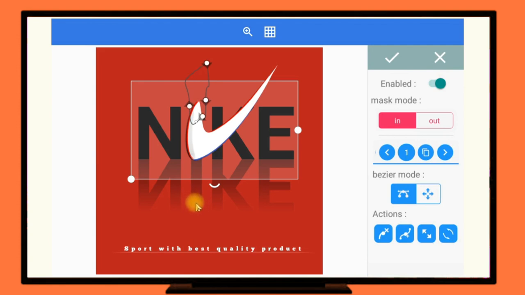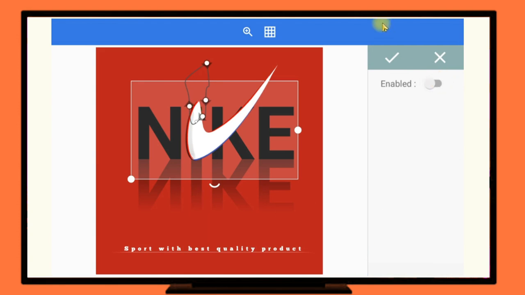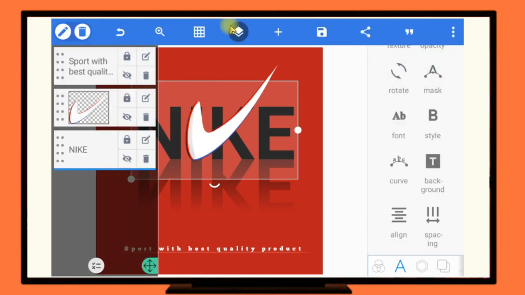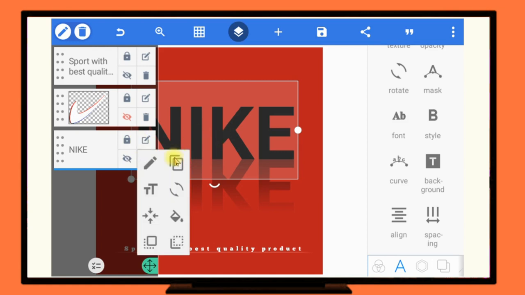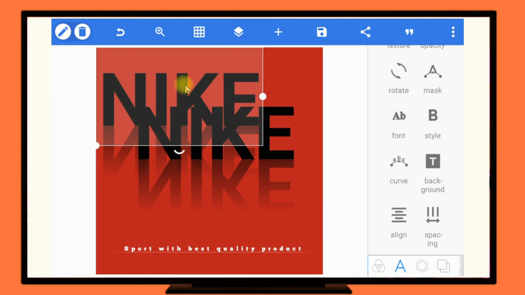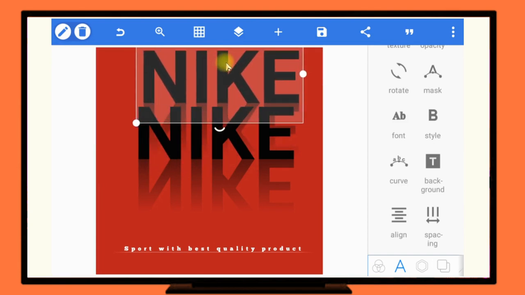You don't want this to go, you want to see it straight. So you do what? You disable it, go to your layer, and let's hide this. So we have hide this, copy. After you copy, now